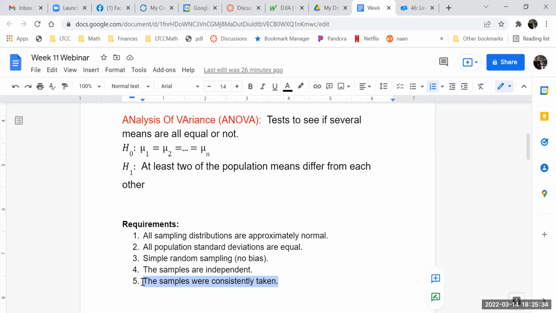Other things are about samples being consistently taken, and I think I mentioned that I used to work for a market research company. One of the things we did before we started calling people, remember I was only 11 years old, but they treated me like an adult, it's kind of weird, is we had a meeting. There was a group of us calling, and the meeting was to make sure we were all asking the same question in the same manner, and responding to any questions about it in the same way,